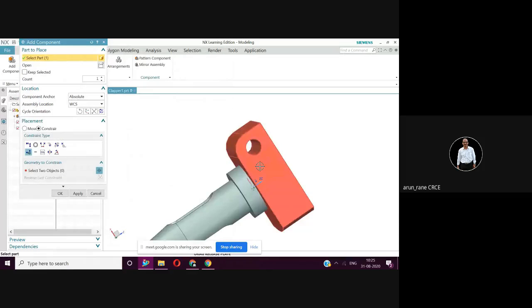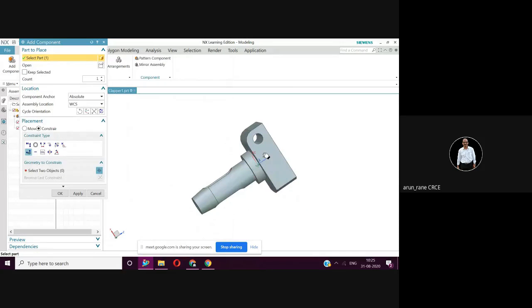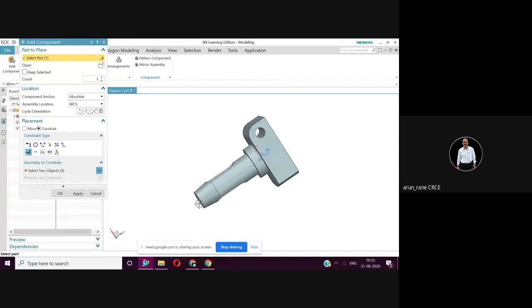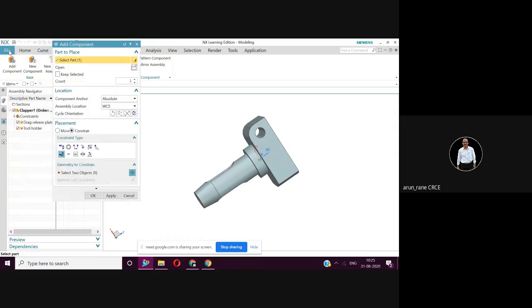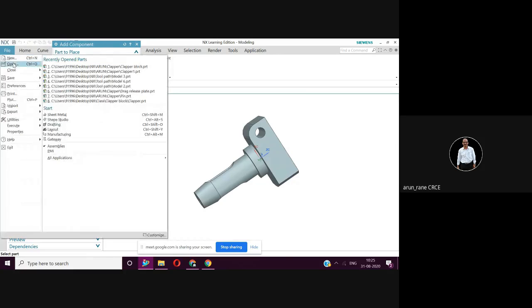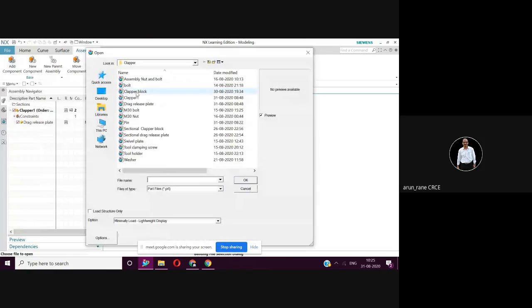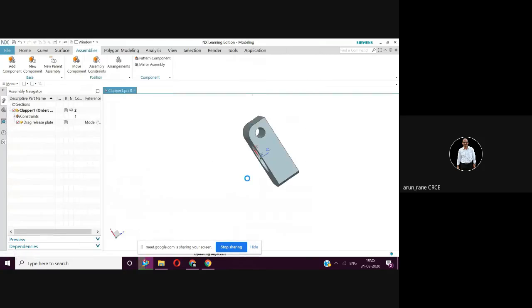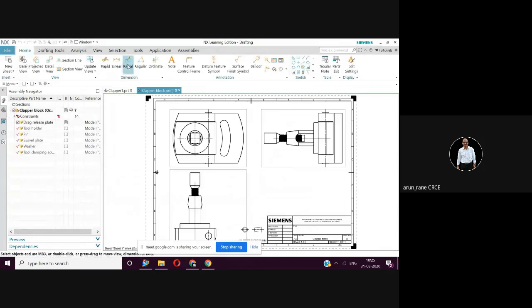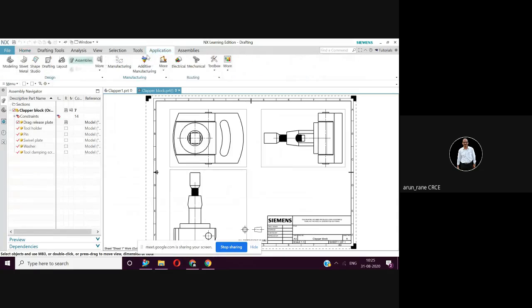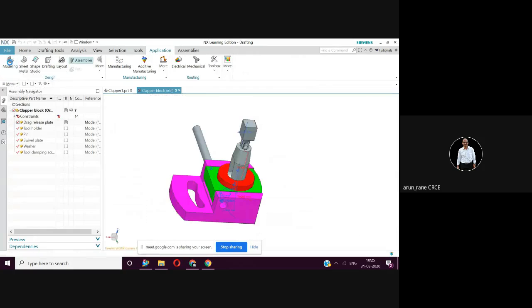Now if you remember the assembly which I showed you just now, the tool holder should be in this direction. Right? Or if you want, I can show you again. File, open, clapper block. Go to application, modeling.